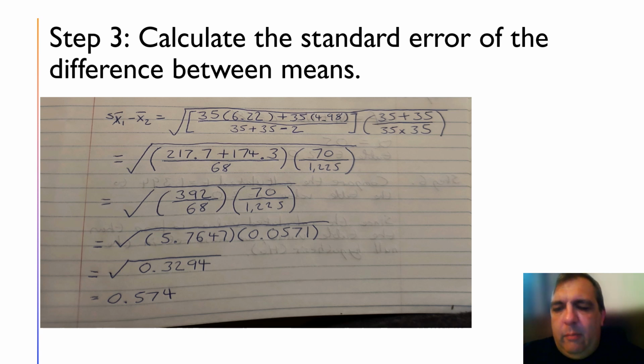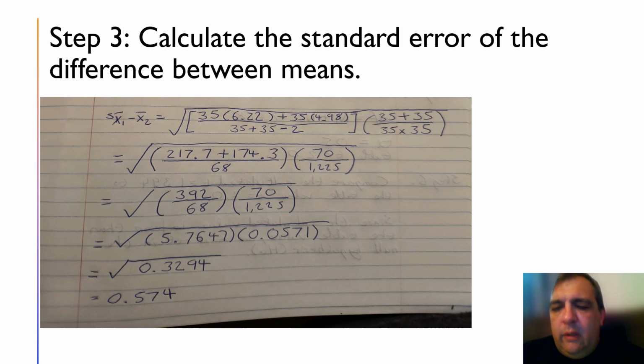Then we're going to multiply that by 35 plus 35, which is 70, over 35 multiplied by 35, which is 1,225. So now we're just going to do that little addition that we have left over. So 217.7 plus 174.3 equals 392. So we have 392 over 68 multiplied by 70 over